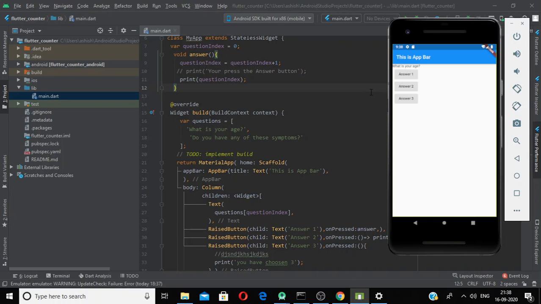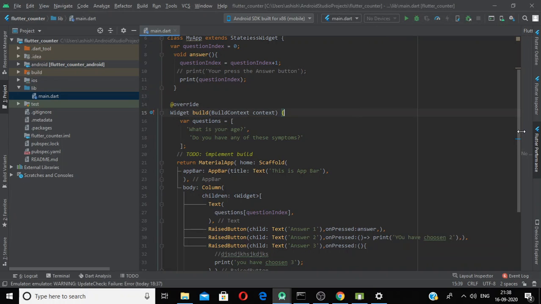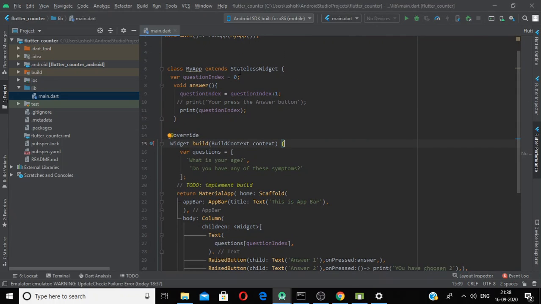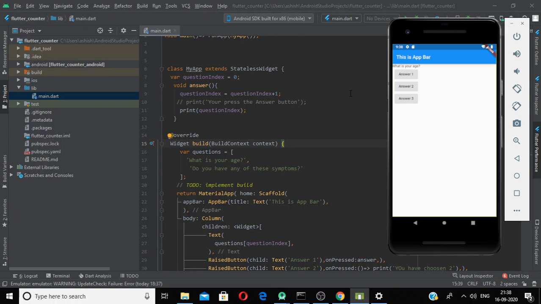So why did this happen? Because we have extended a stateless widget, but we want to change the state of the app. So we will see how to change the state and which type of widget to use in this case in the next lecture. I hope this is clear to you.